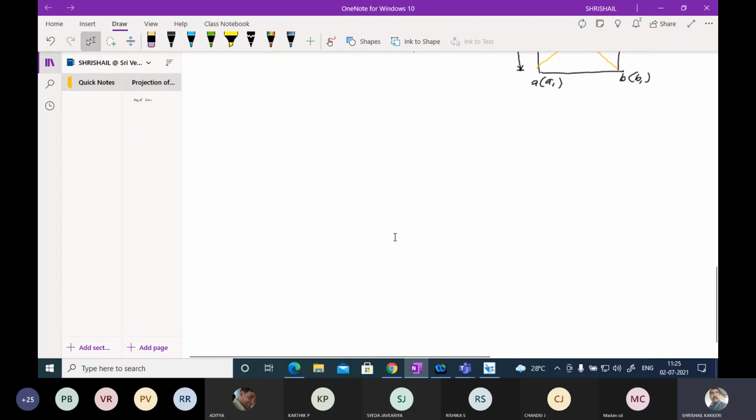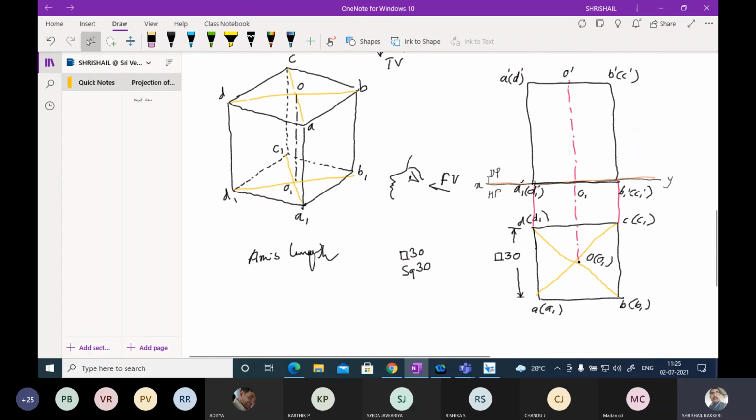And next, while you are going to write, this is how the square prism is when it is resting on one of its edges. That time this is the case. It is resting on one of its edges. That time it will be the case. And once it is resting on one of its corners, then the corner has to be taken this side.